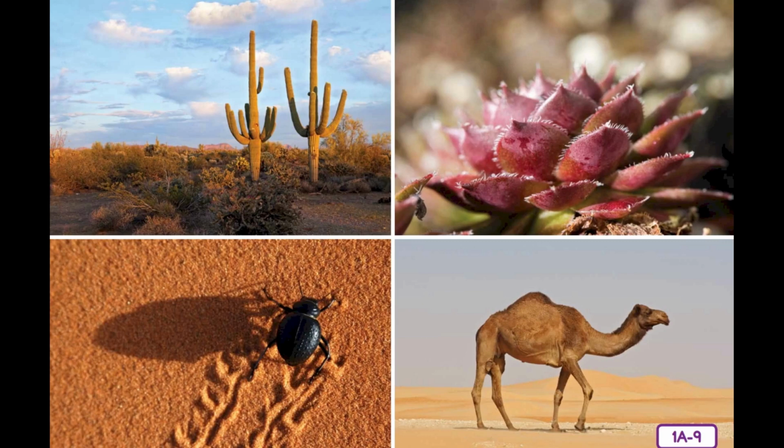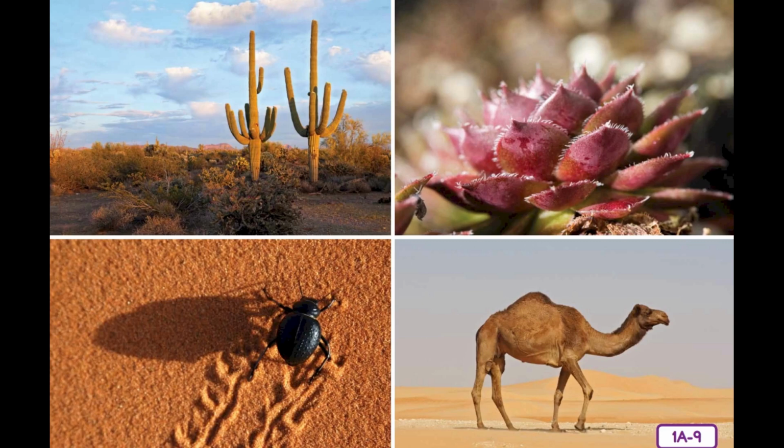Arid places are places that are very dry. Can you tell which groups of Native Americans lived in the arid desert? That's right, ancestral Pueblo, Hopi, Zuni, etc. Let's continue. Succulents. Plants with spiny, waxy leaves are often found in the desert. These special plants, such as cacti, are able to store water in their stems. The word succulent can also be used to describe things that are juicy or full of moisture.